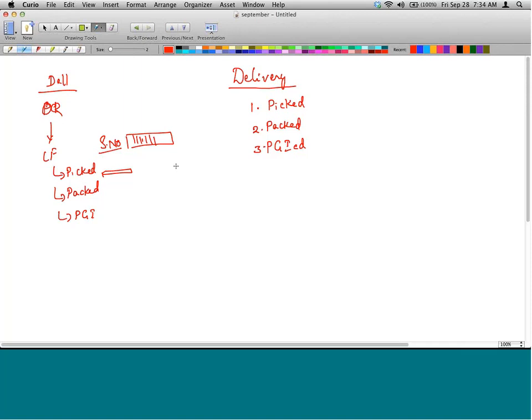Let's not worry about it. Similarly, after it is packed, what do you do? There will be a FedEx station or a UPS station, depending on the mode of transport that you choose, like 10-day ground, 3-day, 1-day overnight. Depending on that, there will be stations where you put that PC on that station and then punch in some